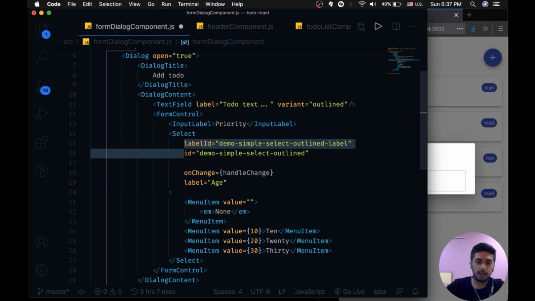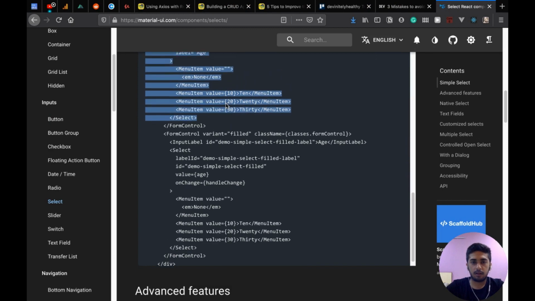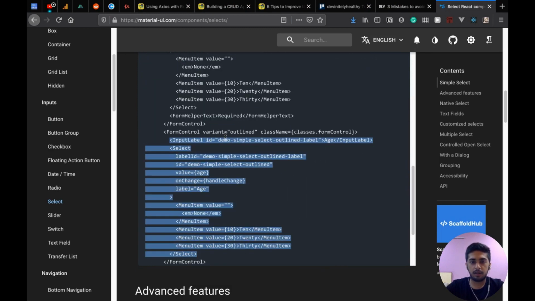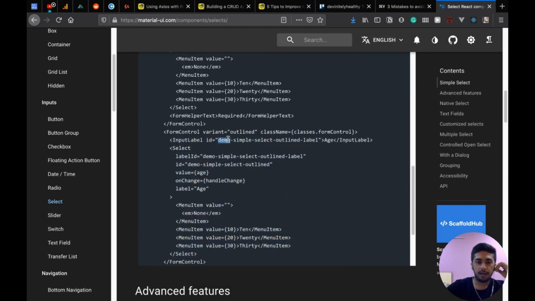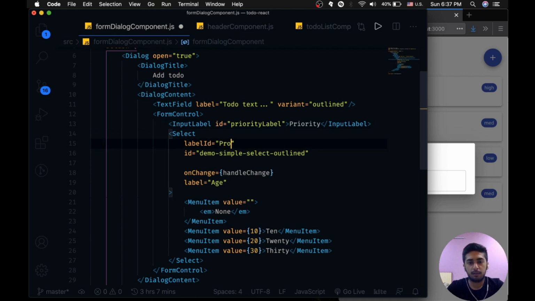Okay, so I think they had an ID over here on the input label. We need to have an ID. So ID would be priority label, and then we can just put that in our label ID, priority